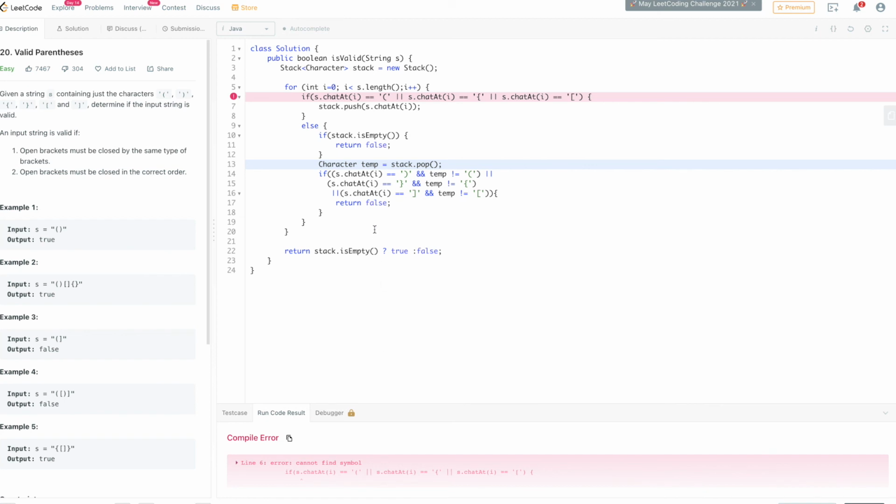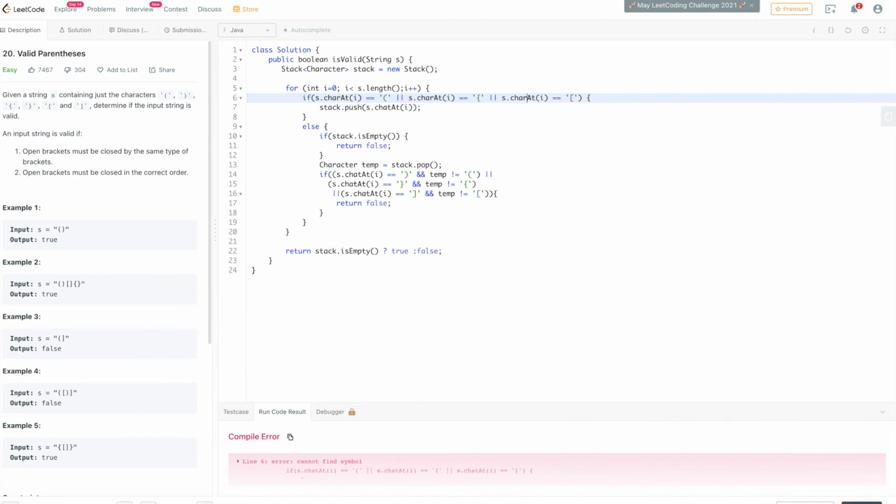I copy pasted, so I'll have to change all the places.